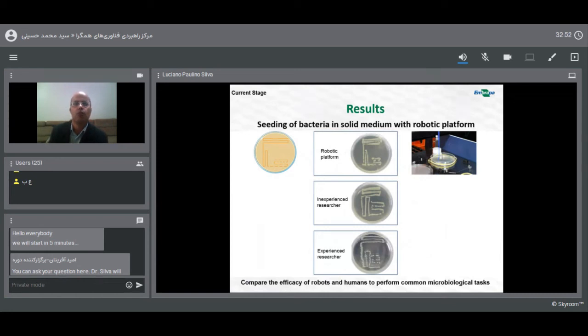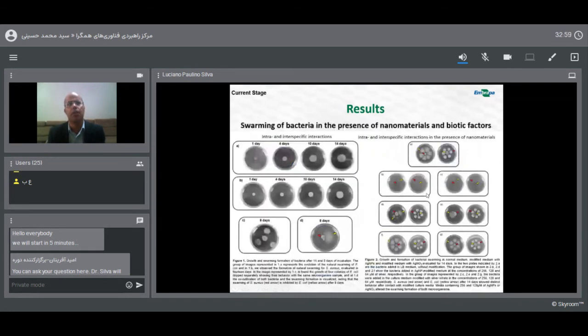We have also used these strategies to evaluate the swarming process of bacteria, a common process to colonize new niches used by these microorganisms, in the presence or not of nanomaterials and also